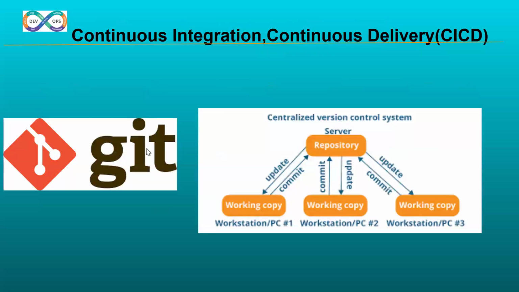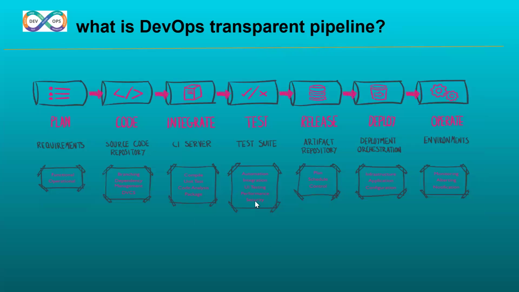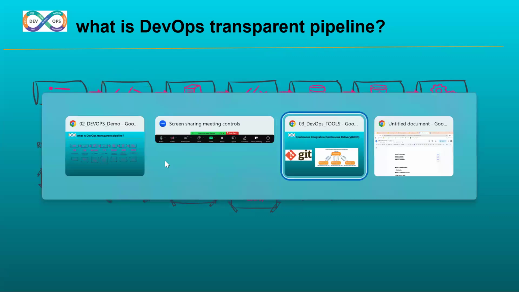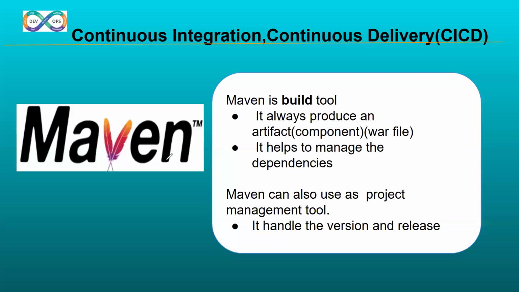First, Git is a version control. What our developers write, those lines of code, we maintain in versions with a timestamp in a Git repository. Once it is maintained in Git version control, for each and every change a separate copy is kept, and we are going to execute it with Maven.